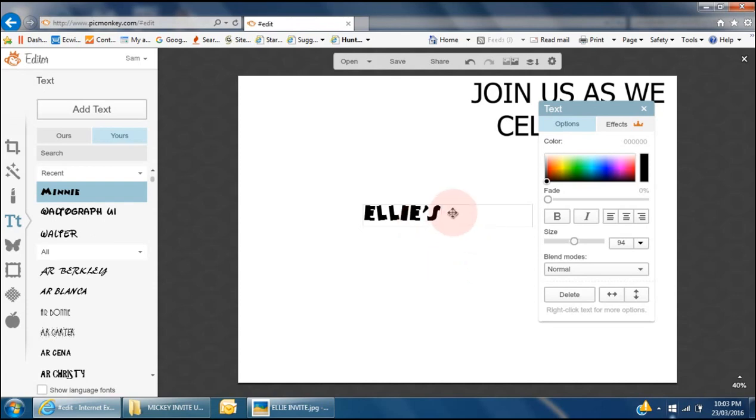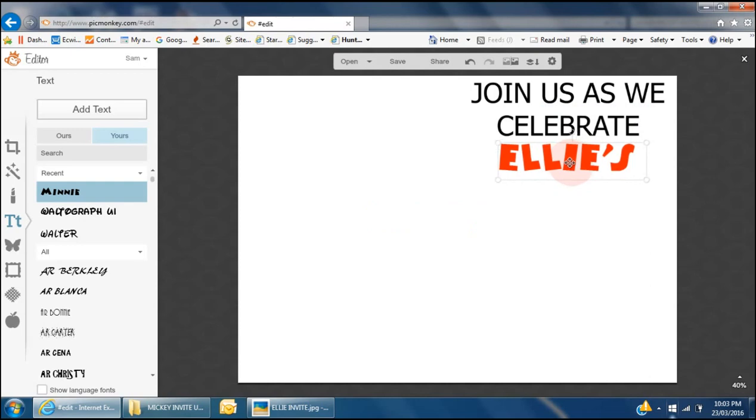I would like to make it a different color. So every time you put something on, this little box will come up, and it gives you all things that you're probably familiar with: colors, bold, italics, to the left, to the right, middle, font size, etc. So we're going to make this a red, and I want to click back onto it, and you drag this over here so you got it smaller, and then you make it larger like so, and there it is. Ellie's. So once you've done that,